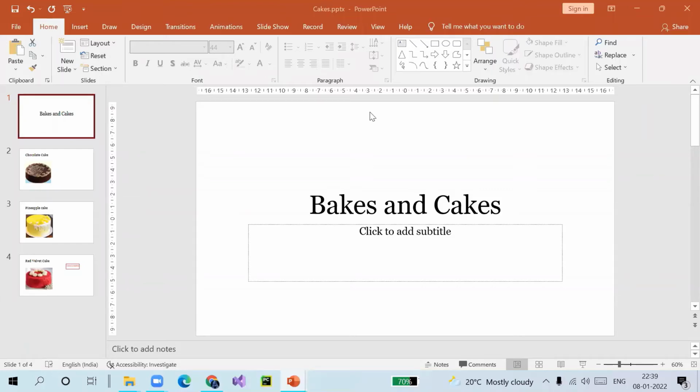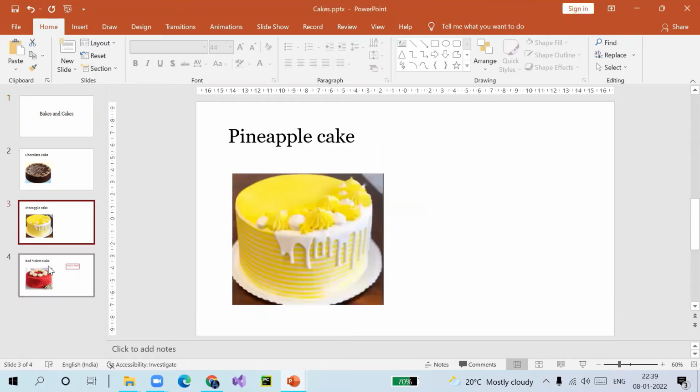Students, now let us take a look how this slide master works. I have taken this sample presentation of Bakes and Cakes. I love cakes. I'm sure you all love cakes too. So this company, Bakes and Cakes, sells cakes, and this is the sample of cakes which they sell.